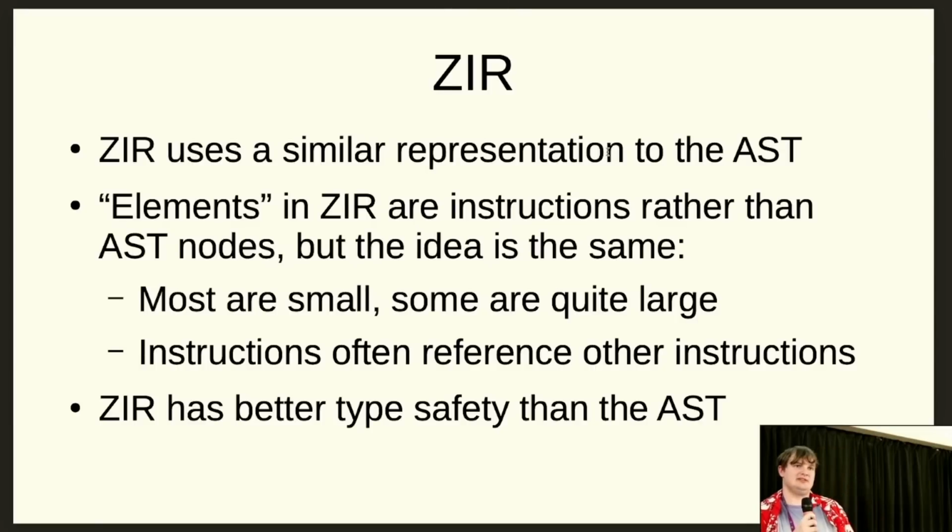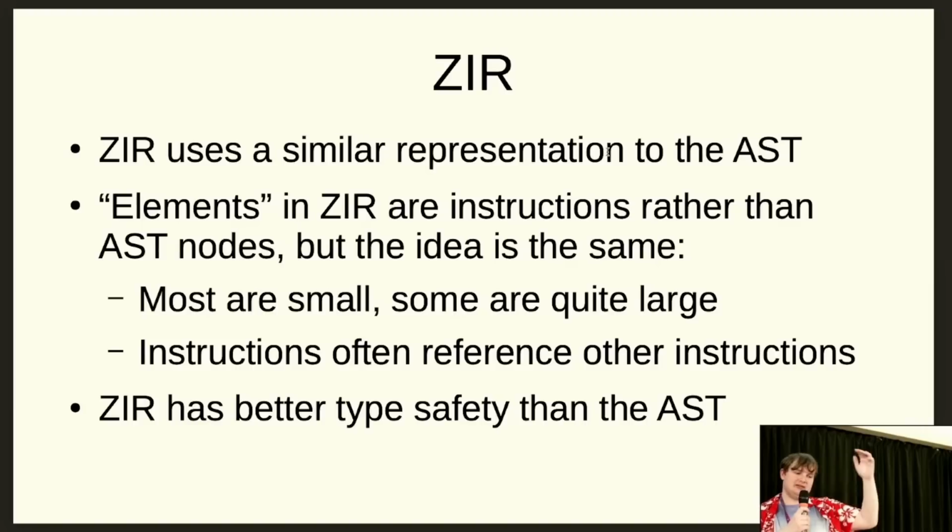So to do this, we're going to take a look at the ZIR structure in the compiler. ZIR stands for Zig Intermediate Representation. It's basically just a list of instructions, which might be something like add 2 numbers or negate a number or construct this value. The details don't matter too much. The point is, it's actually conceptually kind of similar to the AST in that